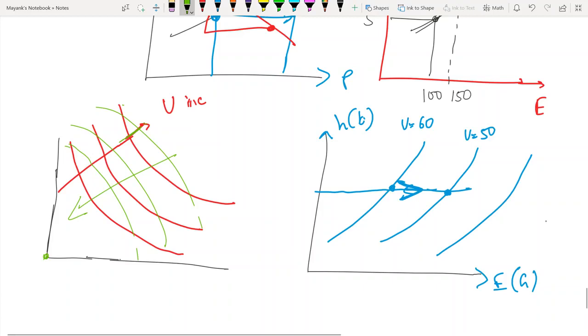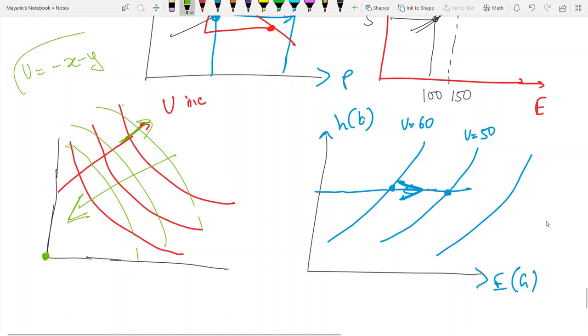So that's what we need to remember: it is downward sloping when both are goods, and it is downward sloping when both are bads. The only difference is, when both are goods, utility increases upwards. When both are bads, utility increases downwards, and this becomes the point that gives you the highest utility. So you would ideally want to consume zero amounts of these goods. So what is the shape of the IC? That will depend on the particular utility function. It could be concave, convex, it could even be a straight line. I can say utility is equal to minus x minus y.